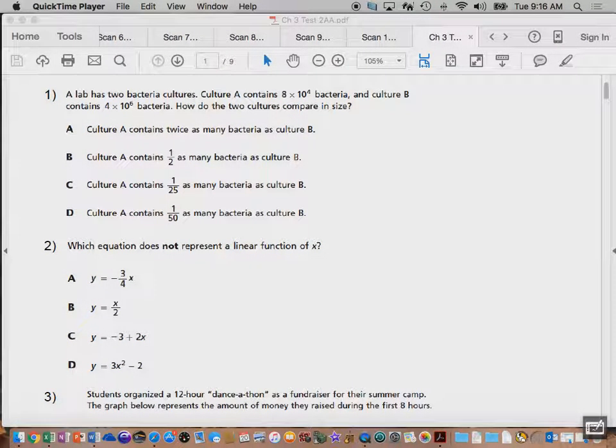All right? A lab has 2 bacteria cultures. This was taken right off an old state assessment test. Culture A has 8 times 10 to the 4th bacteria, and culture B has 4 times 10 to the 6th. How do they compare in size? All right, so you know what? Not too many kids walk around with scientific notation understanding fully in their head when you compare that to regular numbers or standard numerals. So this would be